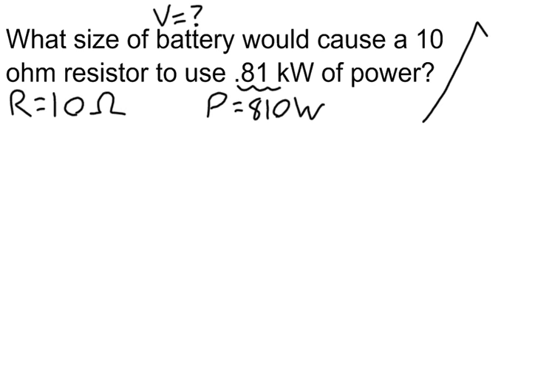You might know an advanced equation that has both those things. There is actually an equation, or equation triangle, that looks like this. If you happen to know that one, you could cover up the V, or in this case V squared, and so I'm going to do P times R, and that's going to give me V squared. I'll take the square root. But